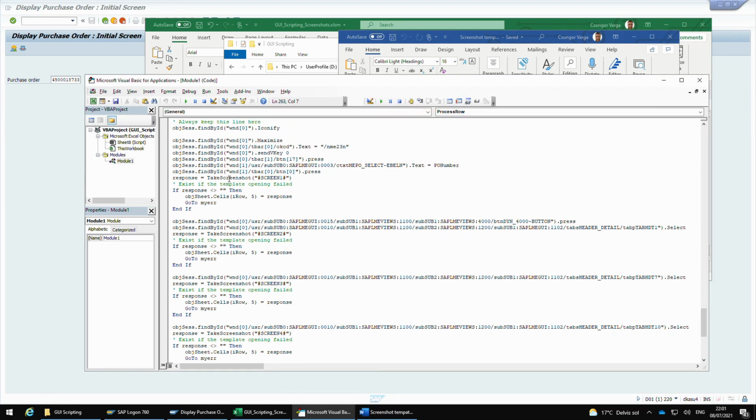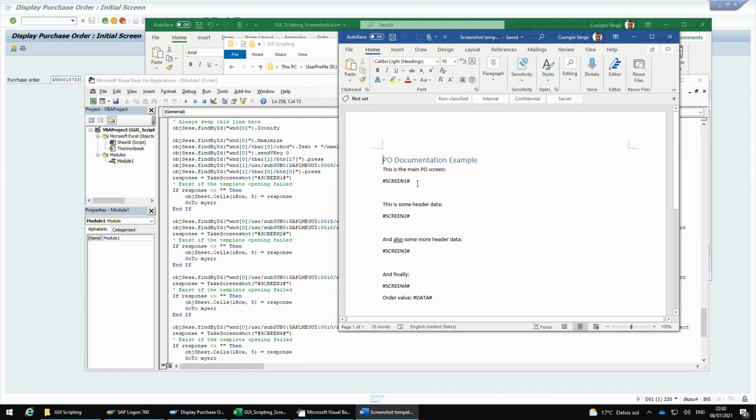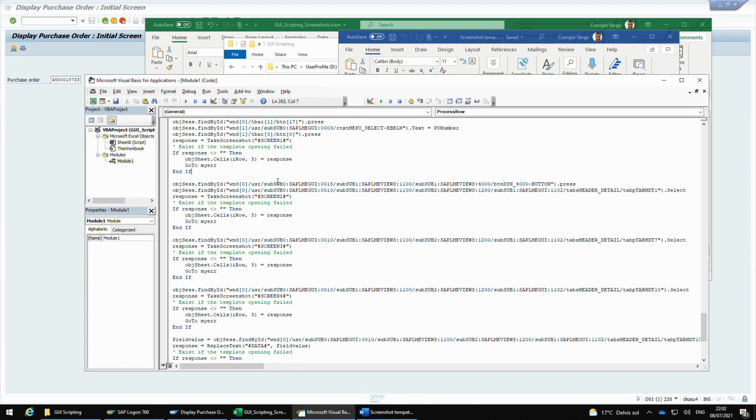Obviously the GUI execution is going to stop with the last command that you have done here, like let's say move to a screen. It's going to take a screenshot, find the tag in the document and basically just press Ctrl V, which replaces this text with the screenshot which is in the clipboard. And then it's going to carry on in the SAP, move to a next screen, and then you have the